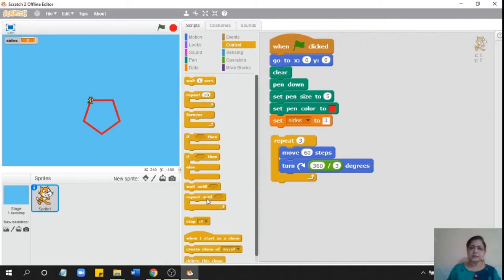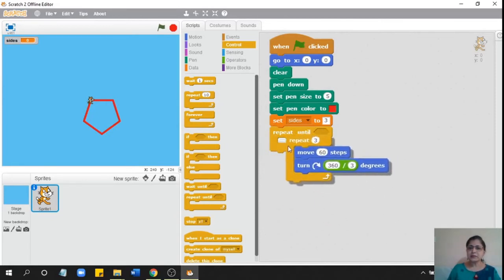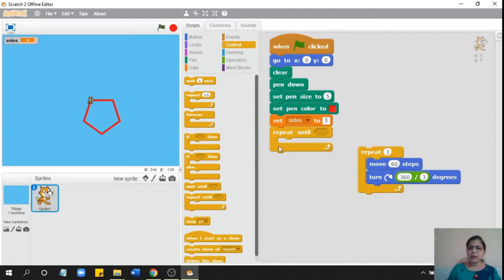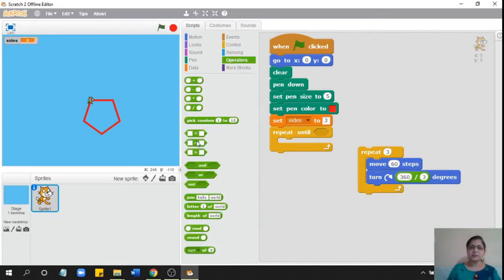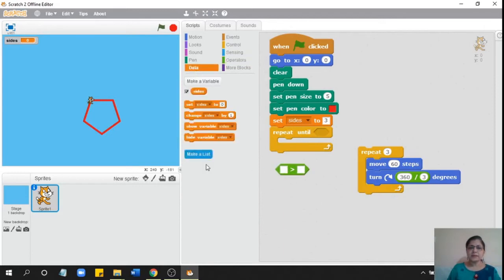So I will say repeat until sides equals 10 or sides is more than 10. So we will use this block, sides greater than 10.